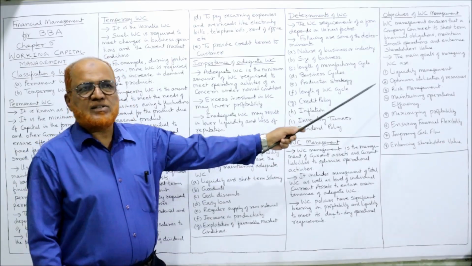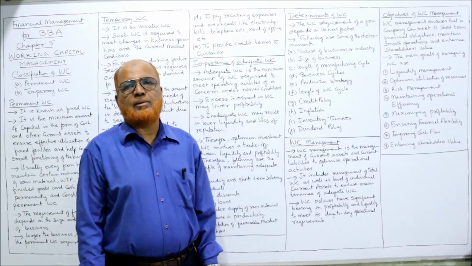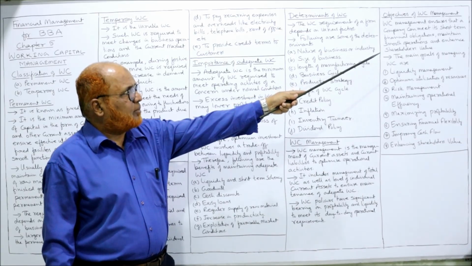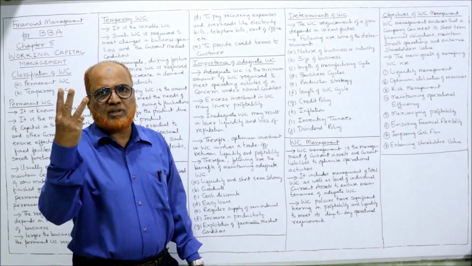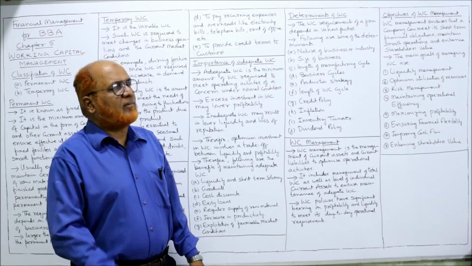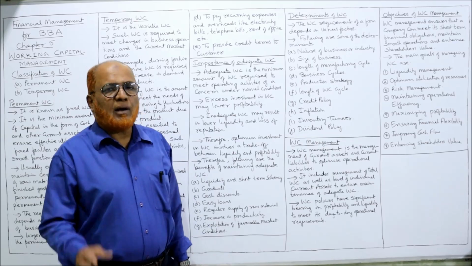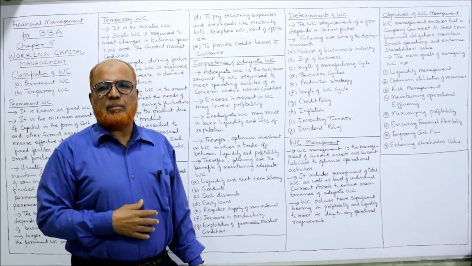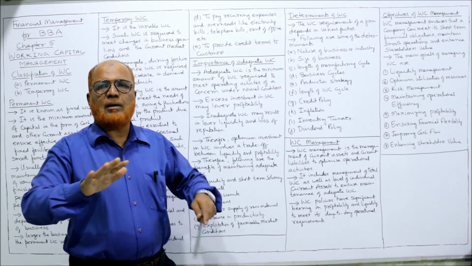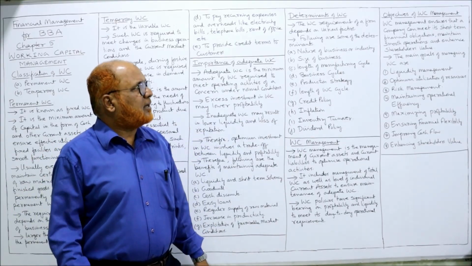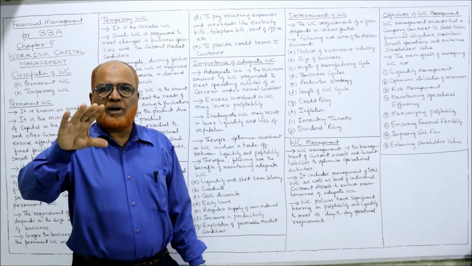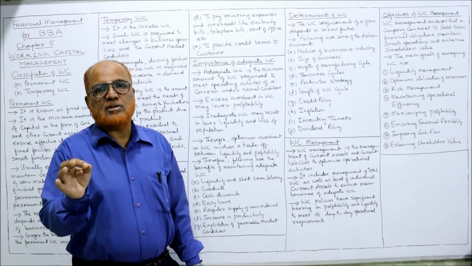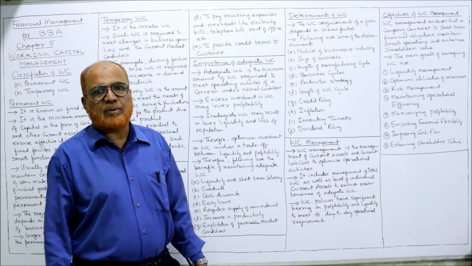The last topic of this chapter is the objectives of working capital management. The working capital management ensures that a company can meet its short-term financial obligations, maintain smooth production and enhance shareholders' value. Three things you have to remember. If you manage the working capital, the company will be able to meet the short-term obligations on time. That means all the bills, supplier bills, can be paid, and everything can be conducted smoothly. Similarly, it maintains smooth operations, the productivity will not get affected, and shareholders' value will increase. That is very important. That is the reason why working capital has to be managed.